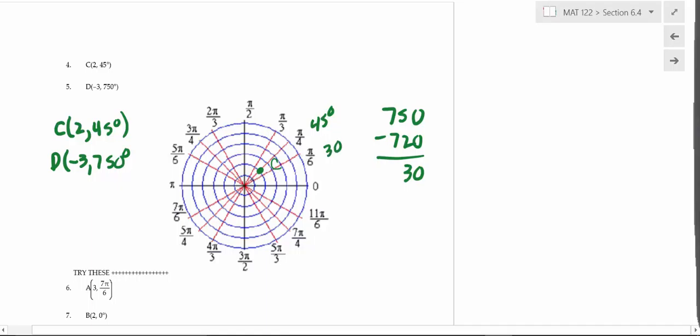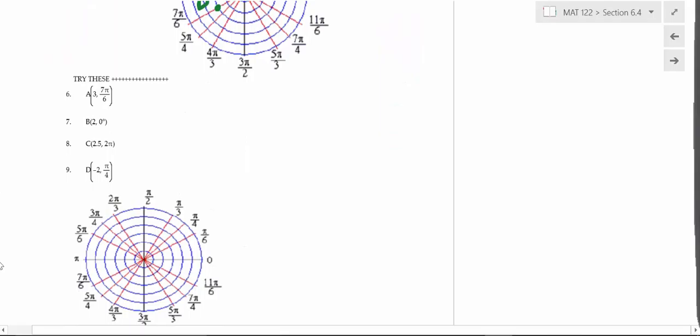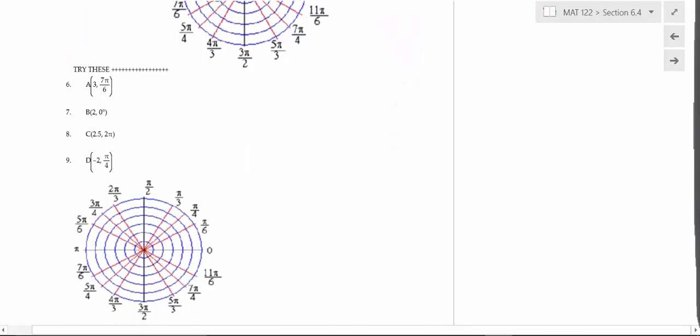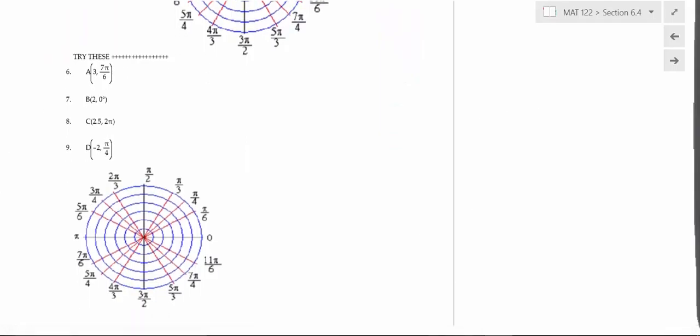So you would be on this pole right here, but since it's a negative radius, you would go in the opposite direction. So you would go 1, 2, 3, and you would put your dot there. So that's where point D is located. Okay. All right. Now I'm going to pause my recording just for a few minutes and let you work on a few of these